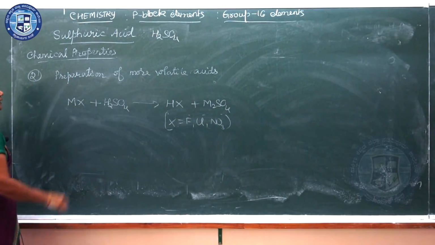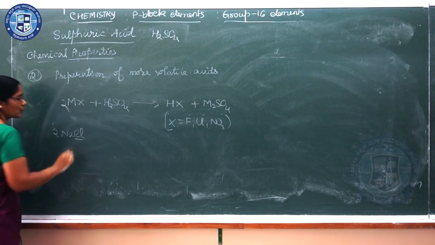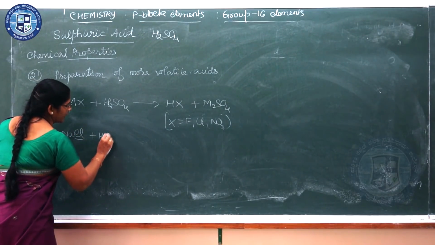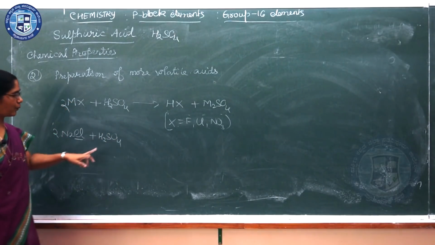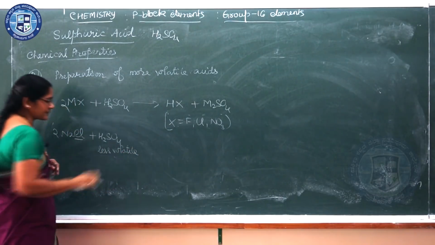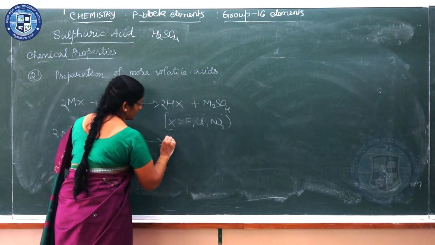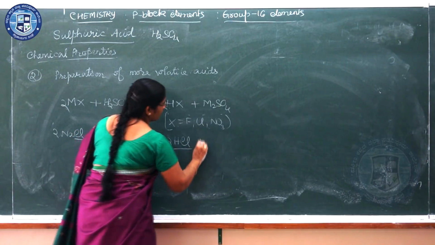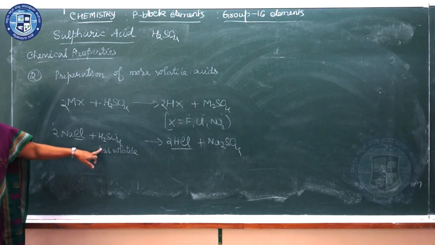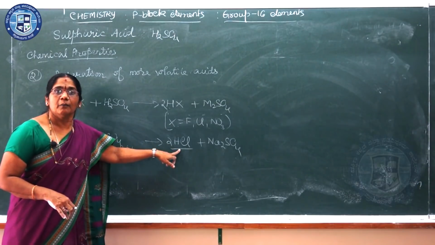So what does it mean? This is a salt, for example sodium chloride, having M as sodium and X as chlorine, plus sulfuric acid. Sulfuric acid has a high boiling point, it is less volatile, does not get vaporized easily, which is used in the preparation of HX. So it is 2HCl plus Na2SO4. So what has happened here is, I have used a less volatile concentrated sulfuric acid to produce a more